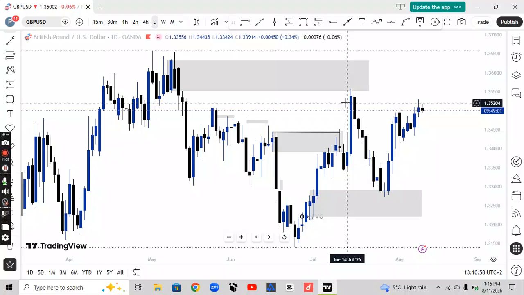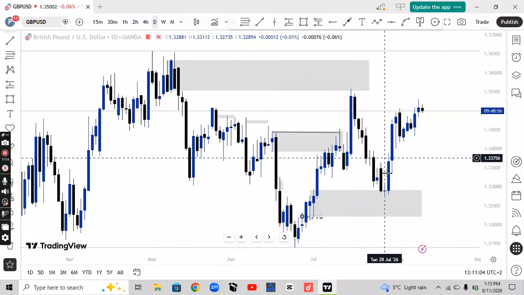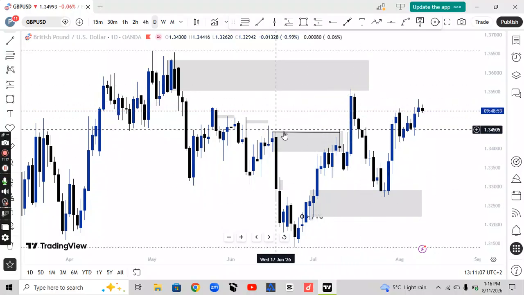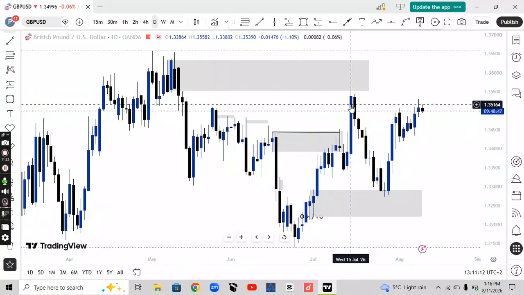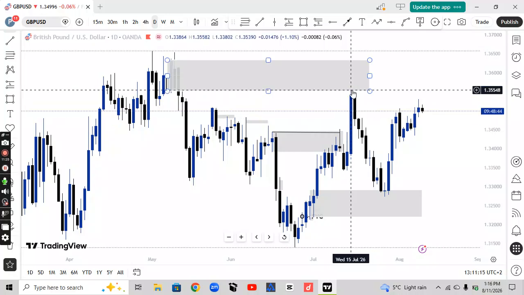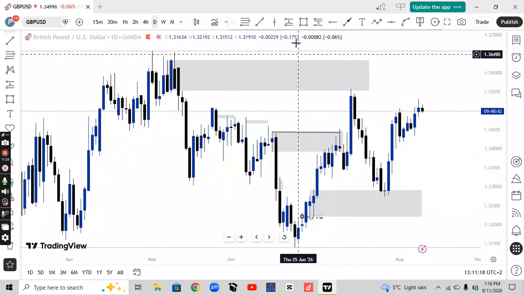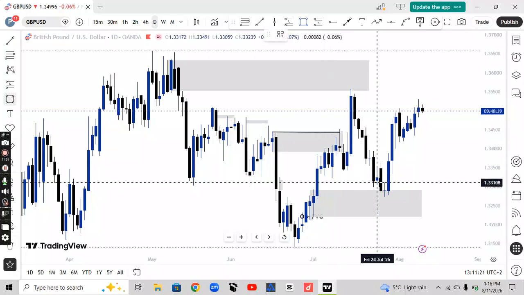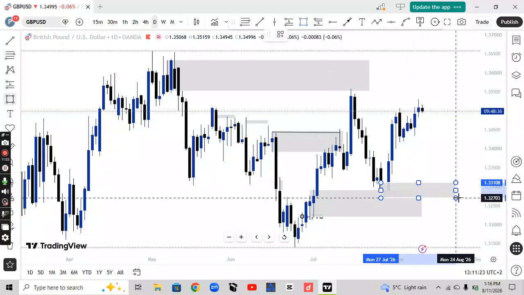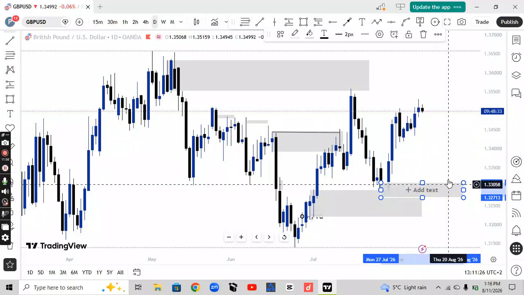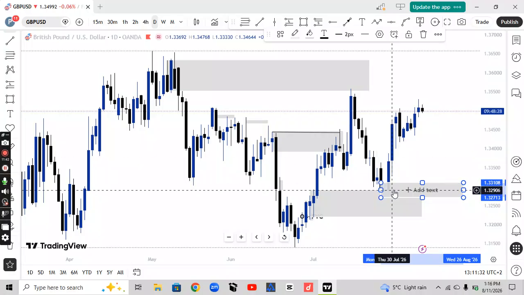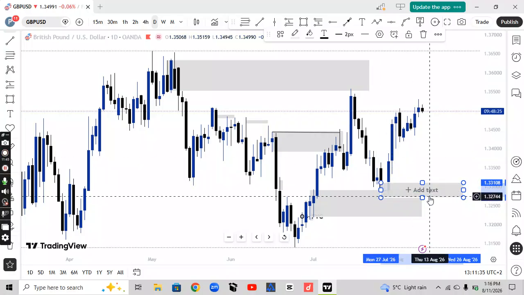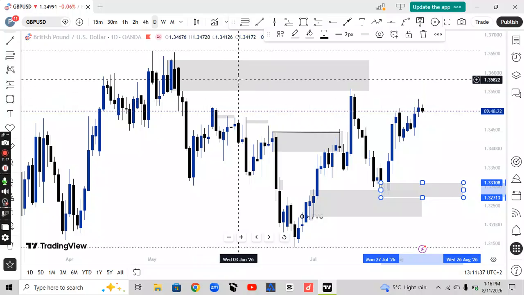Okay, so I don't want this video to be long. I'm going to keep it simple and straightforward. So now we have this market, which means that we've changed character. We've changed our bias from this bearish market to this bullish market. So us changing bias means now we're going to be using this order block. We would expect price to come here and tap and then push up if the market is still bullish, or we would expect this order block to be violated if the market was just using this